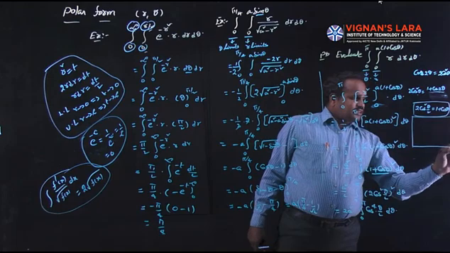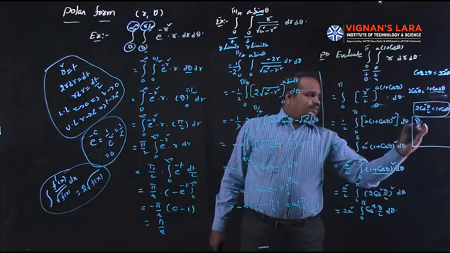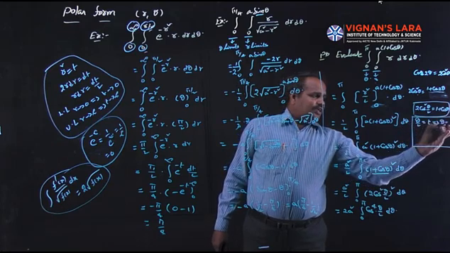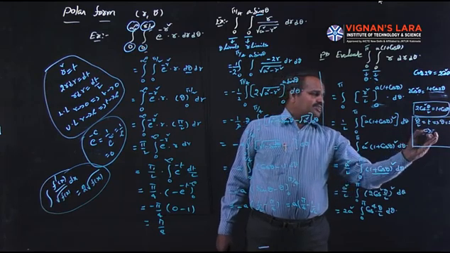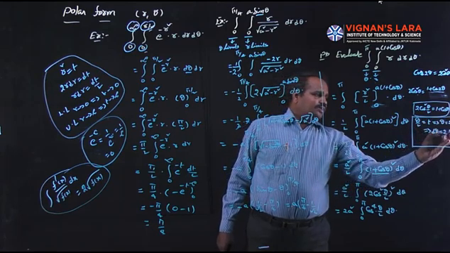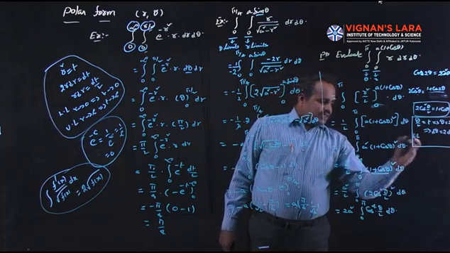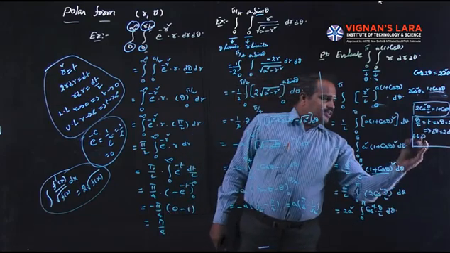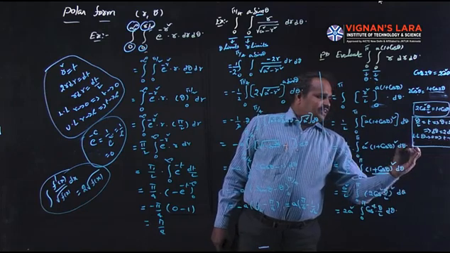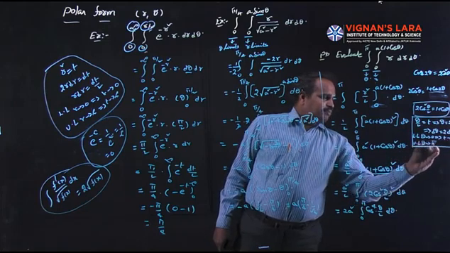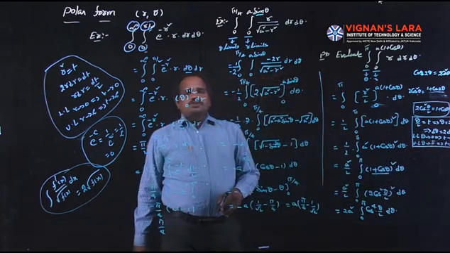Everyone observe this. So here, what is the value? So theta by 2 is equal to t. That means theta is equal to 2t. That implies d theta is equal 2 into dt. So what is the lower limit? What is the lower limit of theta? 0. Theta tends to 0 implies t reaches to 0. Upper limit. Theta reaches to pi implies t reaches to pi by 2. So use that concept here.